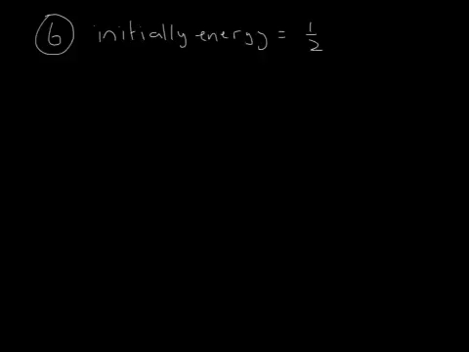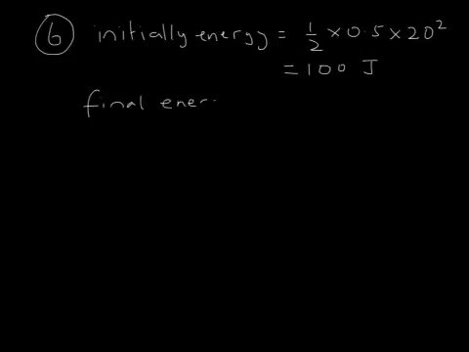So that's a half m v squared. So that works out to be 100 joules. Finally, the final energy is potential energy, so that's mgh, so that's 0.5 times g times 10, plus the work done against the air